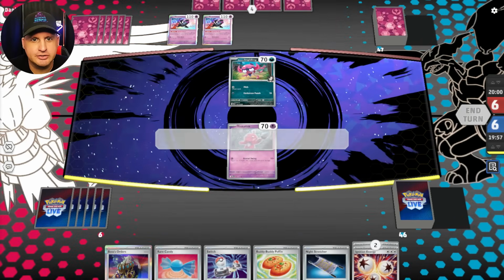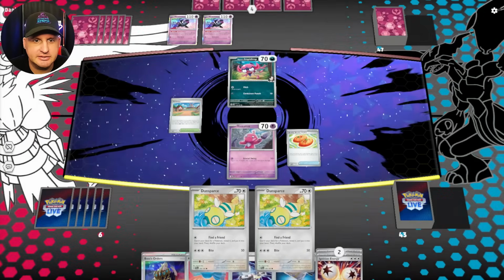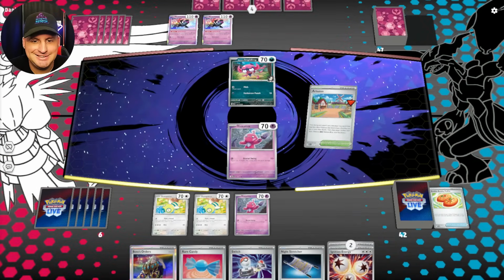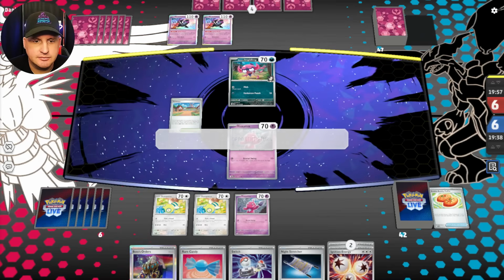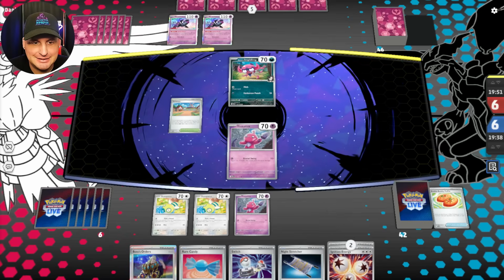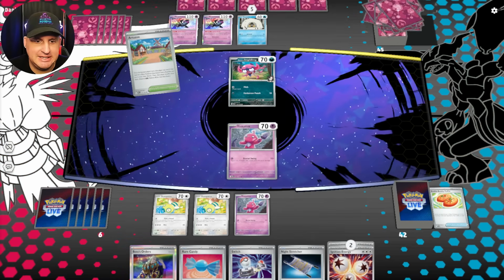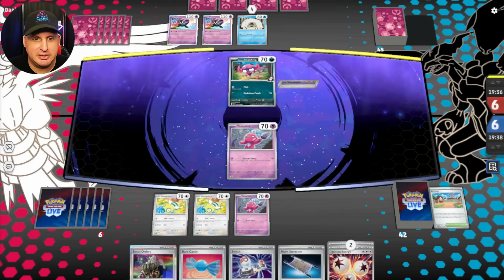Alright, I get to go first against Grimmsnarl. Artazon, that's going to help because I can get a full bench here with 2 of these. And we will go get another Tinkatink. Cool. And that's it. That's all I got. Yes. Alright. So now what we need is some draw. We need some draw. And if I can get a Hilda, I can get 7 more cards. Yeah, I'm not going to be able to attack next turn, but...